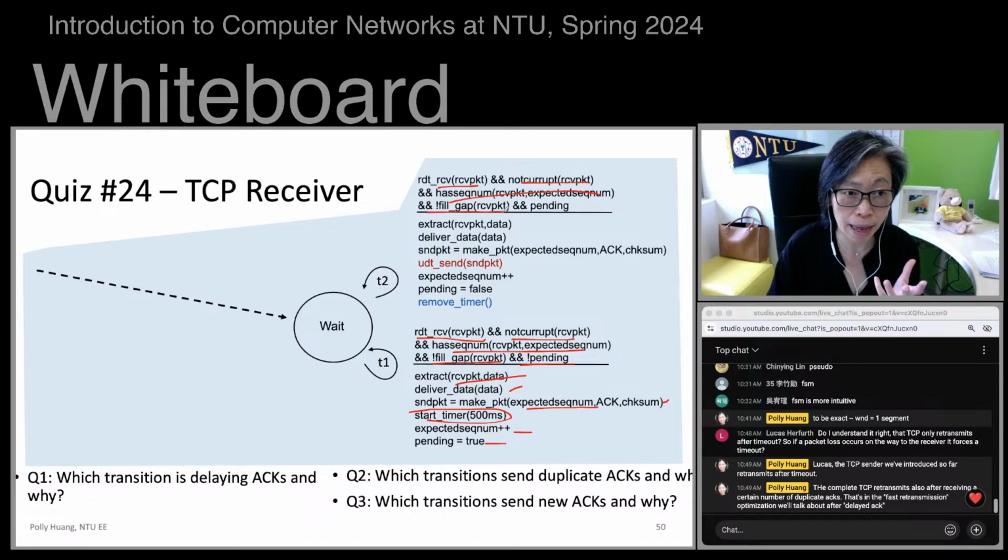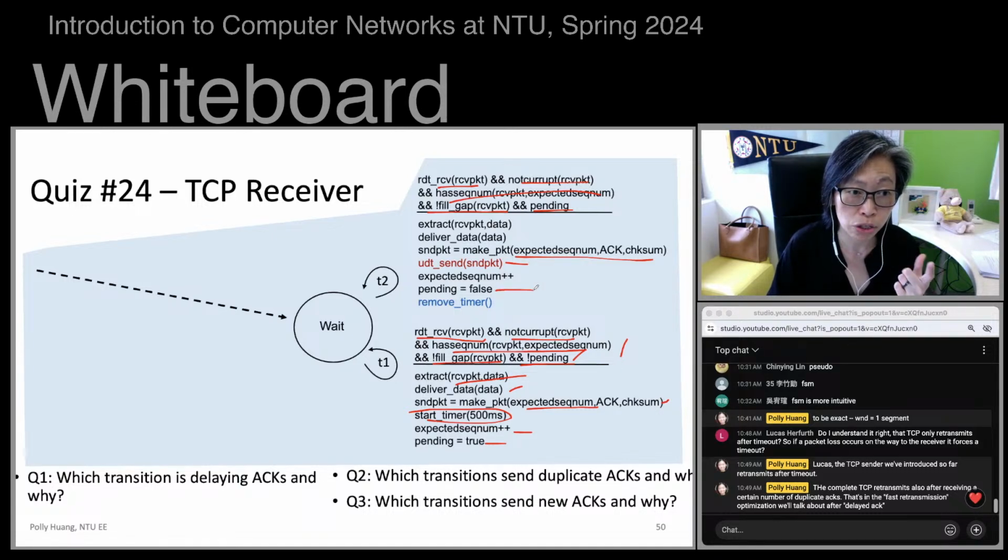It's not filling a gap, but it's in a pending state, meaning there's another packet already that started a timer. So this packet arriving will generate another ACK, which pairs with the previous one that is pending. Then we generate the ACK and send this ACK out instead of sending both ACKs out.